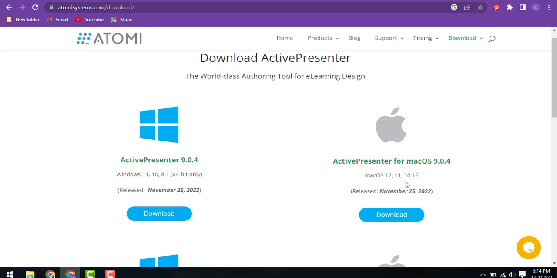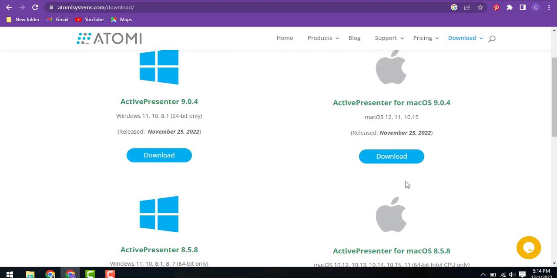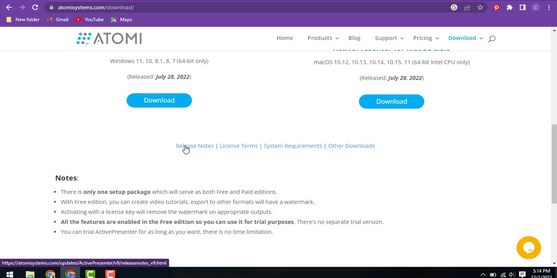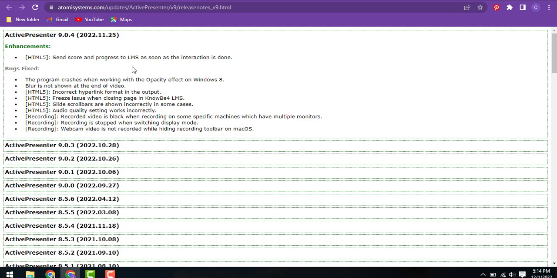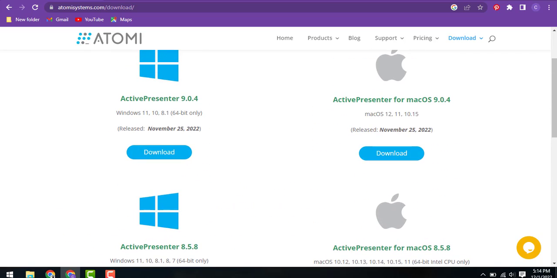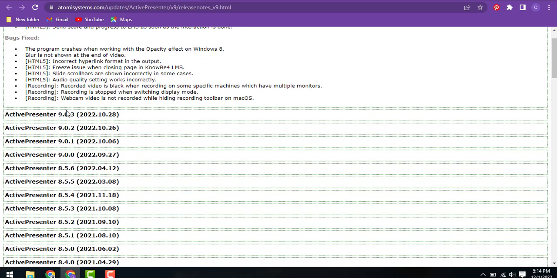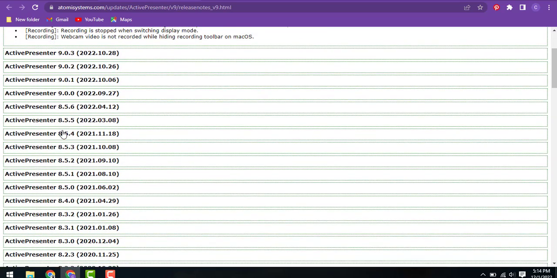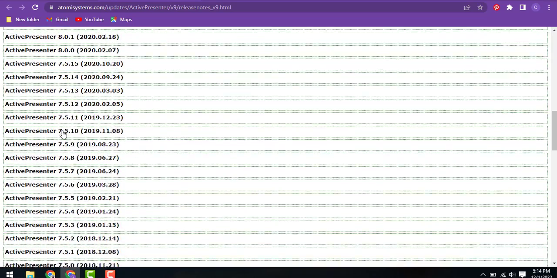So we will learn about ActivePresenter. We will see the release notes here, release notes of ActivePresenter. So these are the release notes. 9.0.4 is the latest one, and 9.0.3 and so on. These are the older